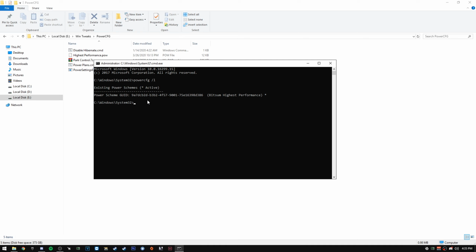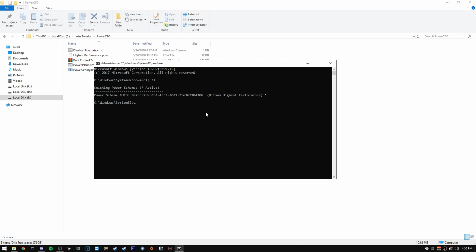So the way to do that is, let's say this said balanced power plan. So you're going to highlight this whole number right here. Pretend this says balanced performance. You're going to Control C, so copy this number. So now you type in powercfg and do -delete like that, and then you're going to paste, space, and then paste that long code, and you're going to enter, and you're going to do that for every single one